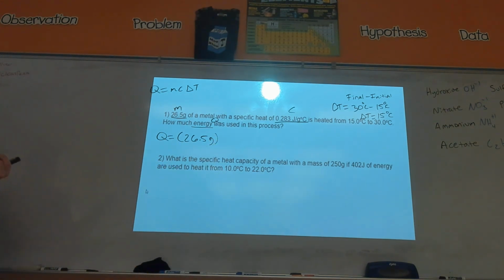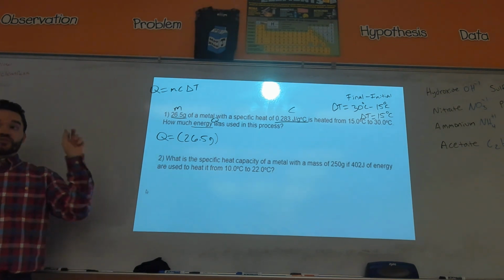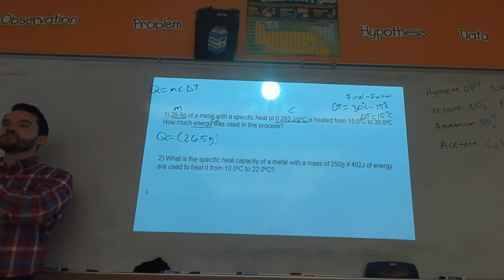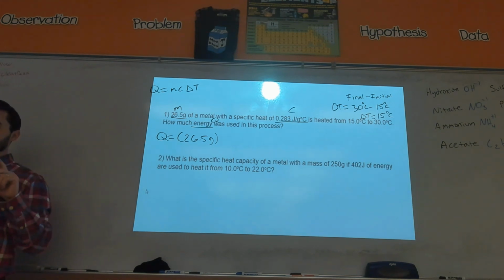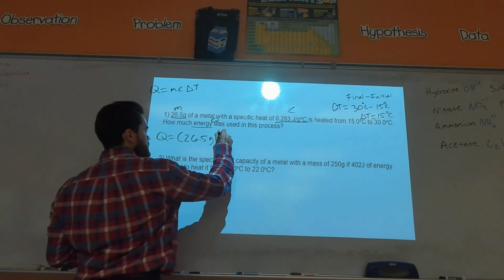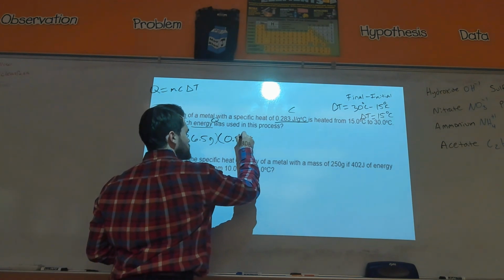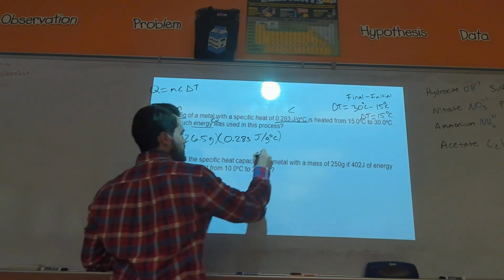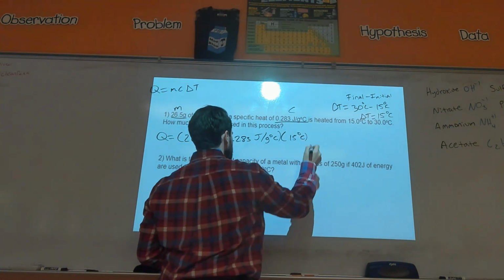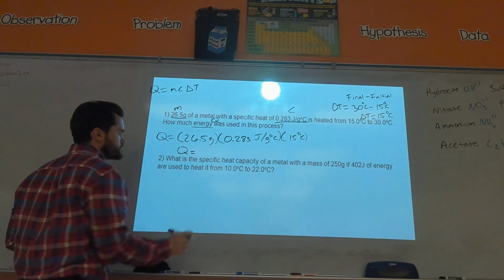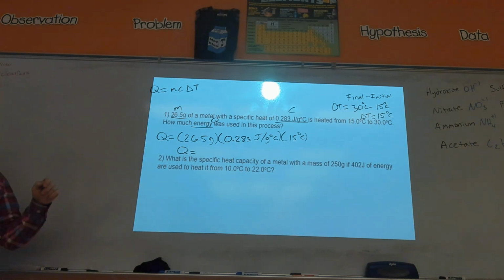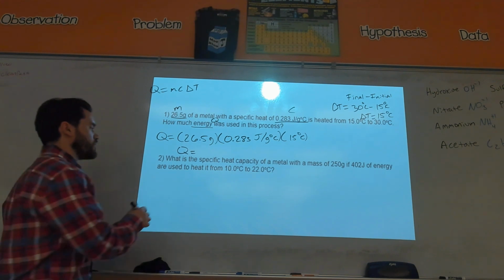Now, I want you to write the units because your final is all multiple choice, and I could give you the correct number, but there could be two or even three answer choices with the same number where I changed the unit on you. So I'm going to show you how you keep track of the units. Then times 0.283 joules over grams degrees Celsius. And then our delta T, we solved that, 15 degrees Celsius. So you do 26.5 times 0.283 times 15, and you would get 112.